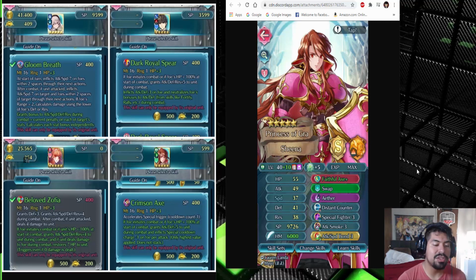I mean, I do have Bolt Fighter and Vengeful Fighter, so that's fine. But this makes it where you don't use Sheena as a speedy tank, because Bolt Fighter and Vengeful Fighter just basically cancel whatever Sheena's speed is. But this also gives her extra bulk and more attack. But it doesn't really